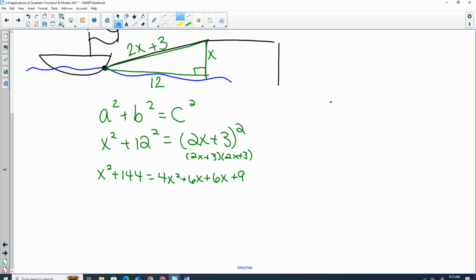Quadratics, what do we set those equal to? 0. So if I subtract over my x squared, I have 3x squared plus 12x. Subtract over your 144, you get